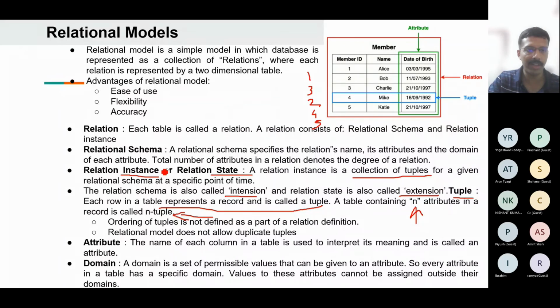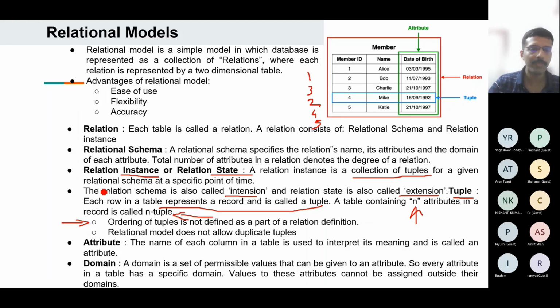I am not actually concerned about how my tuples are ordered in the table. I just need the total number of tuples to match between different representations. I am not concerned about whether they are in some order or not. Whereas when I put it in a view, I may be interested in ordering it by member ID, or alphabetically by name, or by date of birth. I will manage that when I describe it using views.